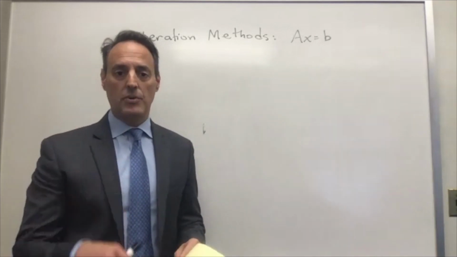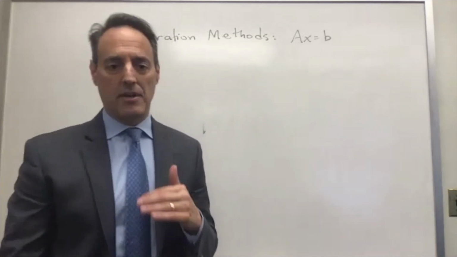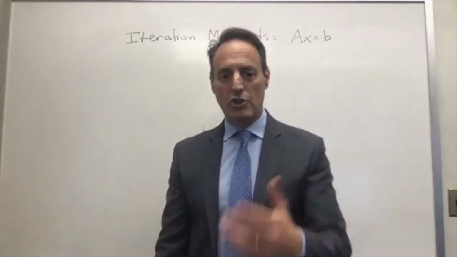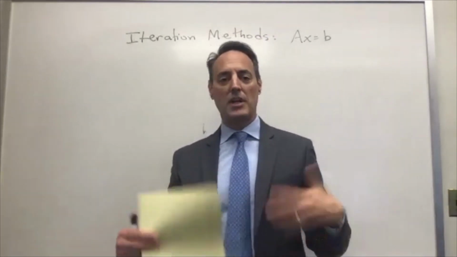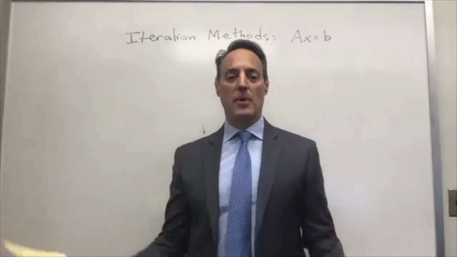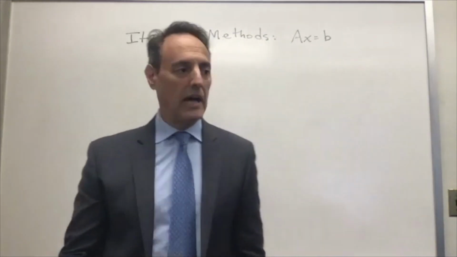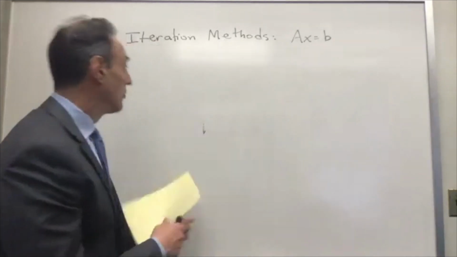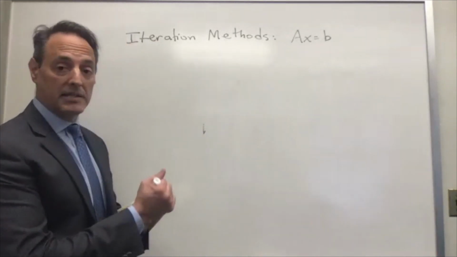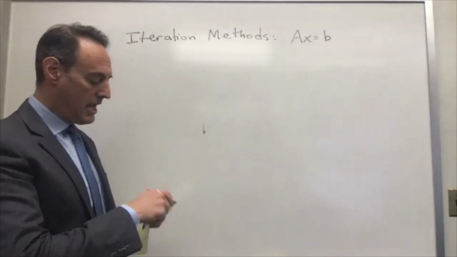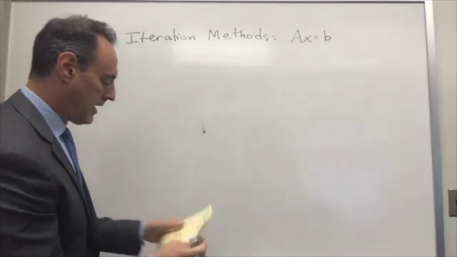The first thing I want to do is ask, why are we going after these iterative techniques? You could always ask that question, right? Why would I do this? It's just another way to solve AX equal to B, but why not just use LU or Gaussian elimination, because we've learned how to do those. But I want to highlight something. And the thing I want to highlight is this: